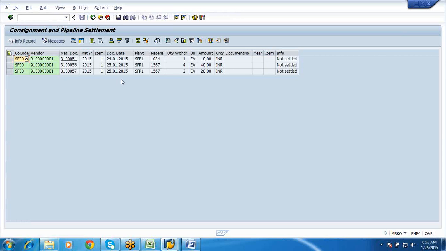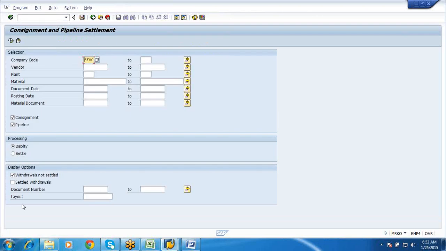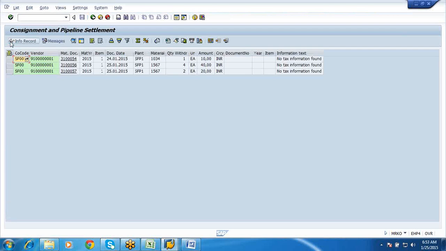Okay, so these are the two documents which have not been settled. So what we can do is we can just go and settle. No tax information found.